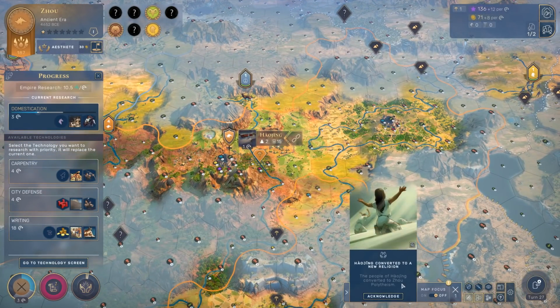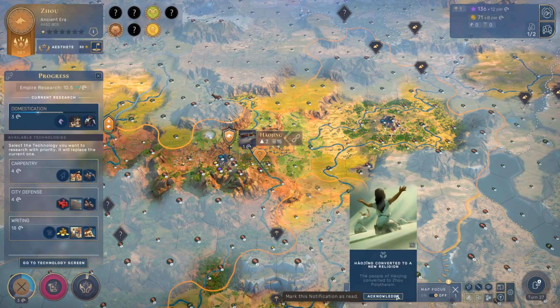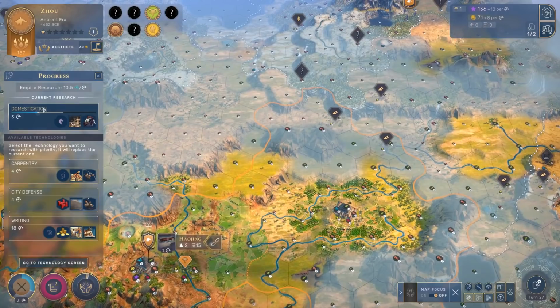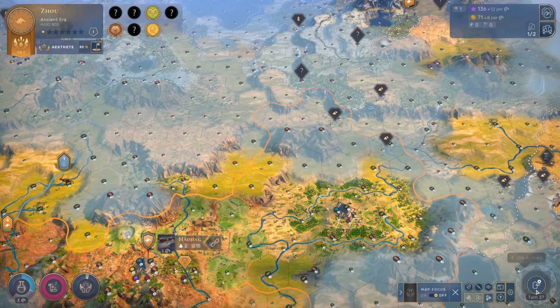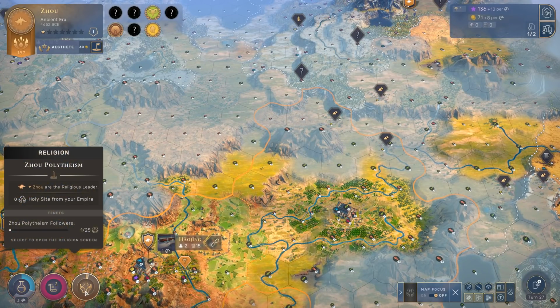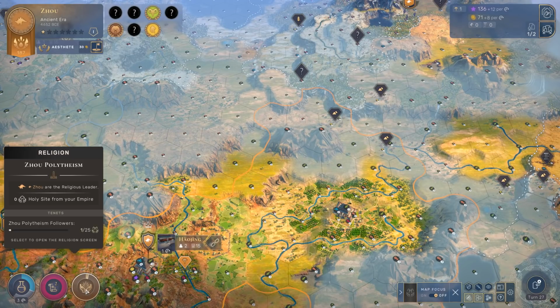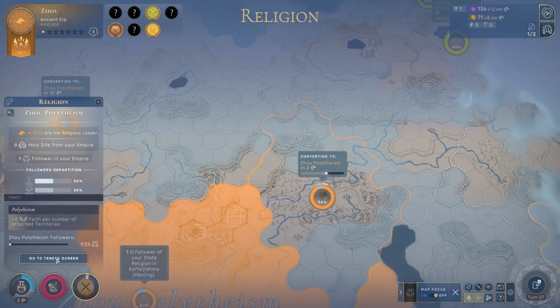We're getting it done. All right, our city has converted to our religion. That's nice. We can probably close that. So you can see with our religion, we're generating a certain amount of faith per turn. The faith converts people in cities, and once we have enough followers, our religion will be able to gain tenets,